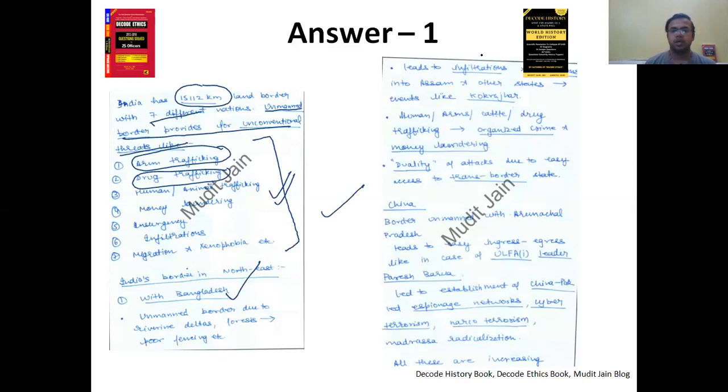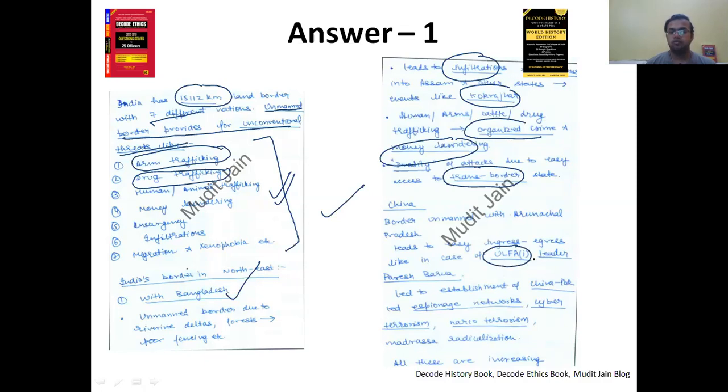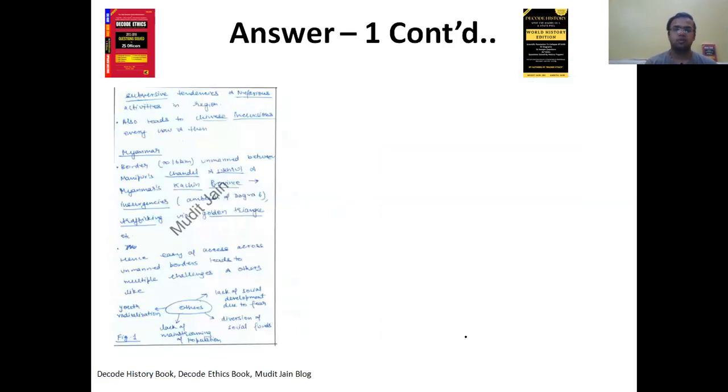I've used keywords like infiltrations. I've used examples of Kokrajhar. Again, I'm using organized crime, money laundering keyword, trans border. I have mentioned bodies like Ulfa. I've even mentioned name of the leader. It must have been in news that year. That is why it was in my notes, and I've mentioned that. I'm mentioning again keywords: espionage, cyber terrorism, narco terrorism, radicalization. So all these points are straight away coming from current affairs. I have not made up any points. So this is the importance of reading newspaper and making your own notes.